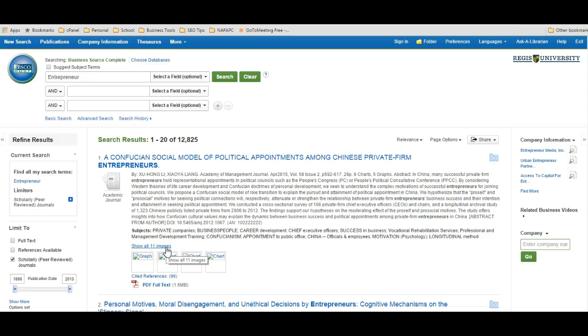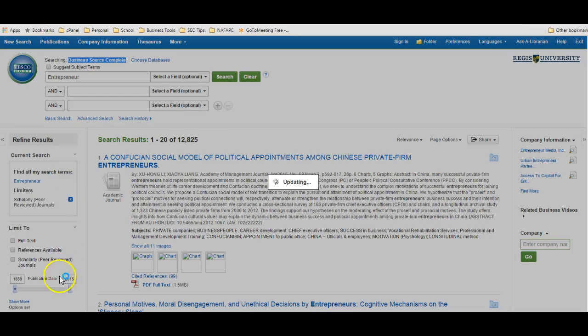We're going to talk about primary research here. I thought I would drill this down just a little bit more and offer my 2 cents worth on primary and secondary sources. Right now I'm in the Regis Library and looking for primary sources with Business Source Complete. Now, if I were to come in here and do a search for